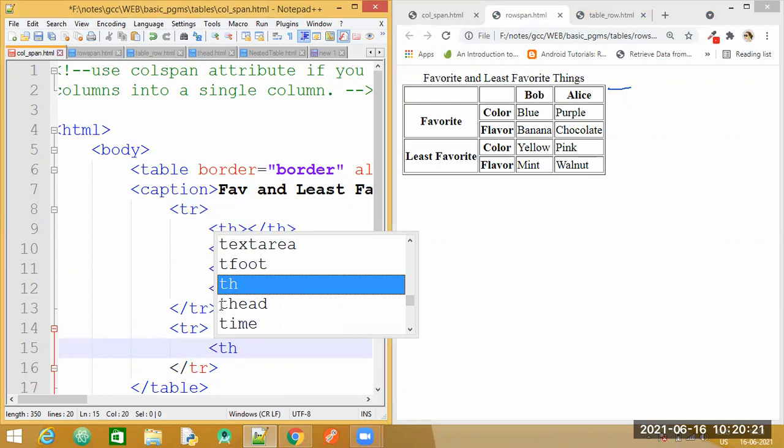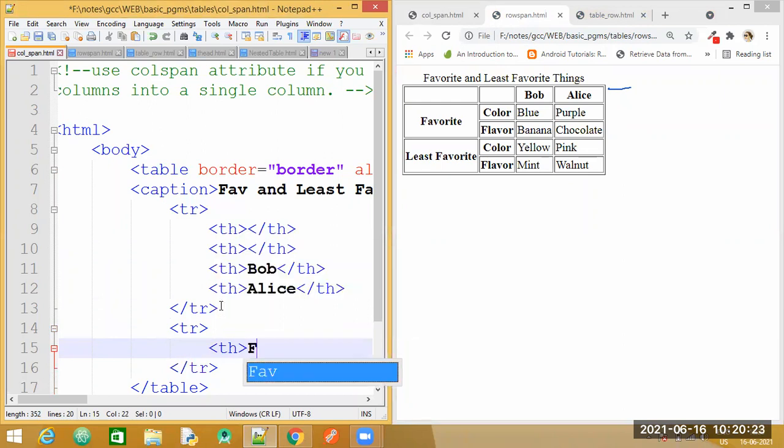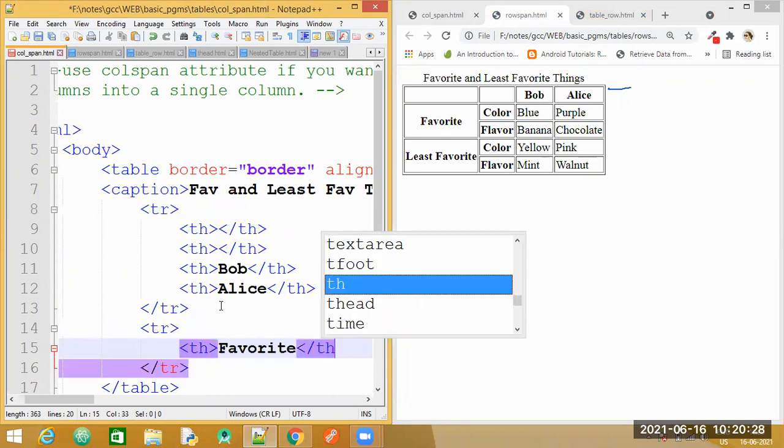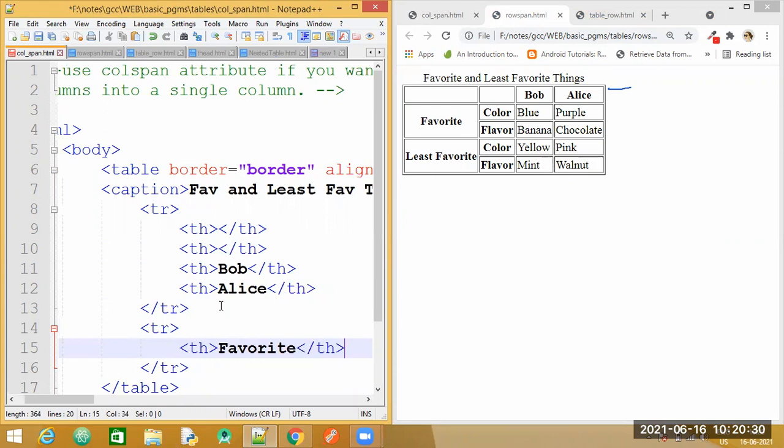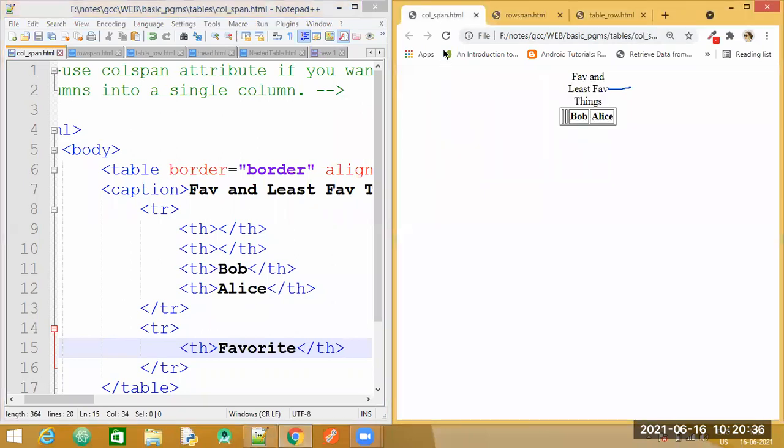So I'm going to specify the TH tag. Let me write the heading there. We'll just save and let's have a look at the output. Correct? So this is how we are getting it.